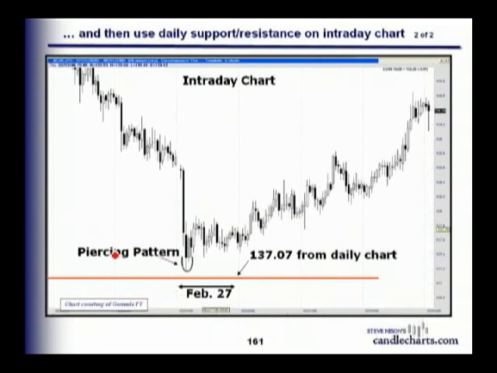And right near that support area, the market formed a piercing pattern. This is a very valuable way of increasing